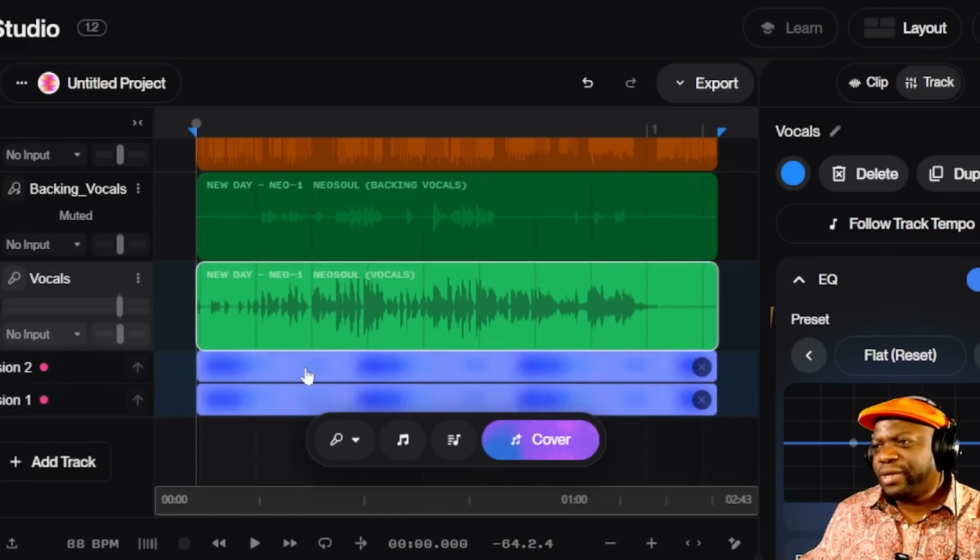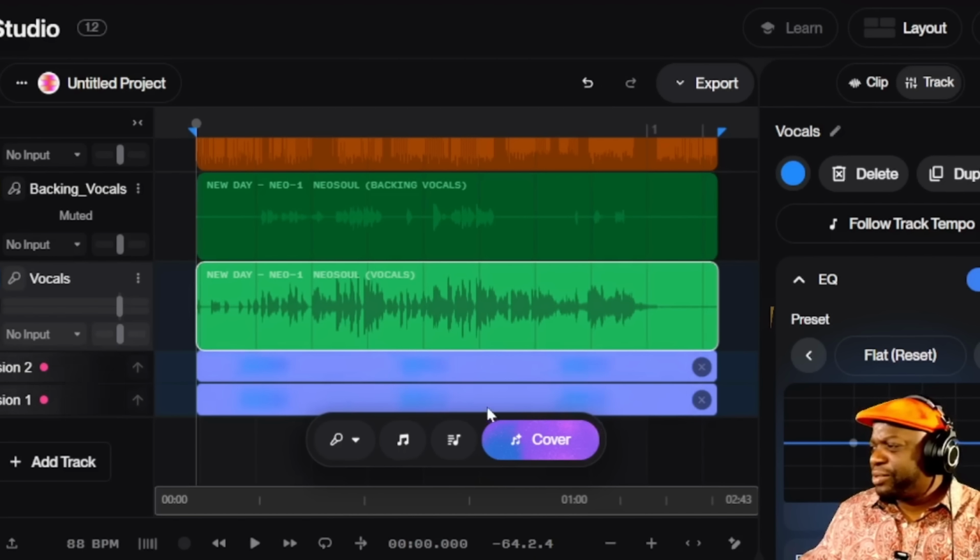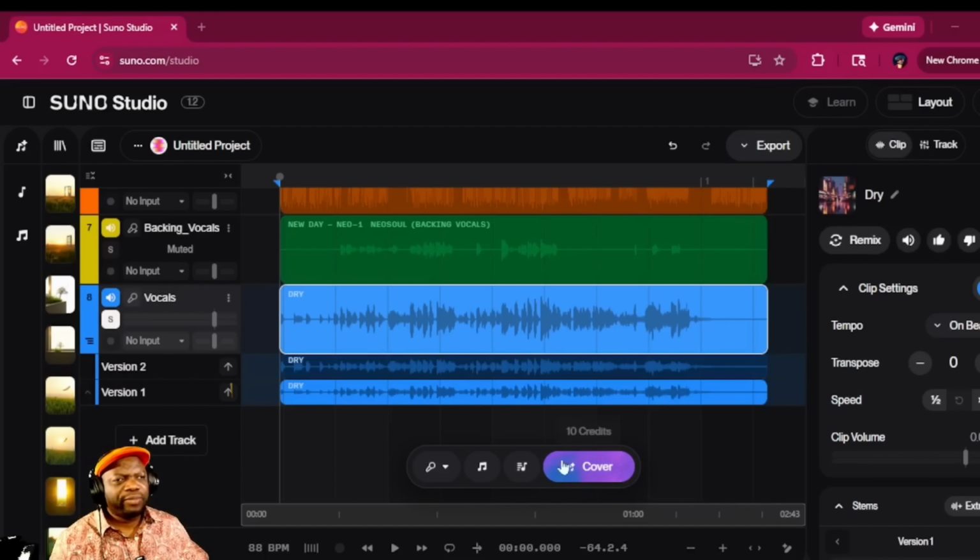You can always tell when you see this animation of the waveform moving from left to right, you know SUNO's cooking and doing its stuff. Just give it a few more moments. And lo and behold, you can see SUNO is done. If we click on top of this, you will be able to hear